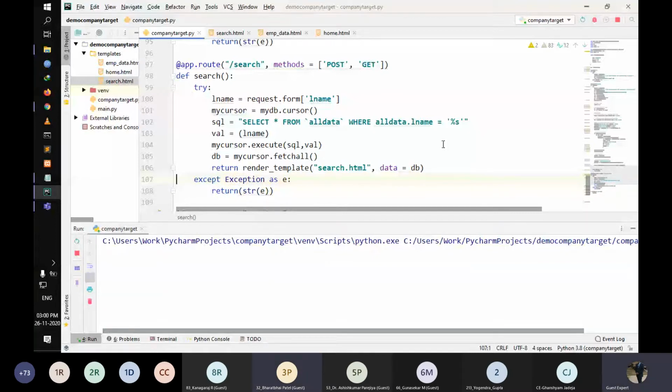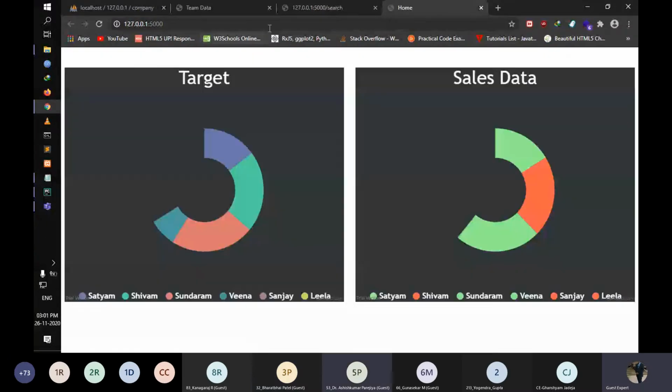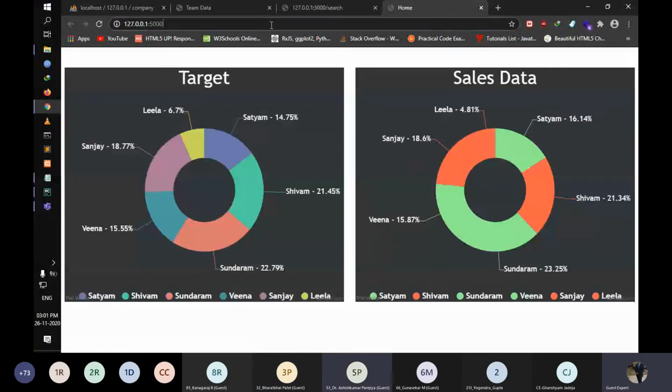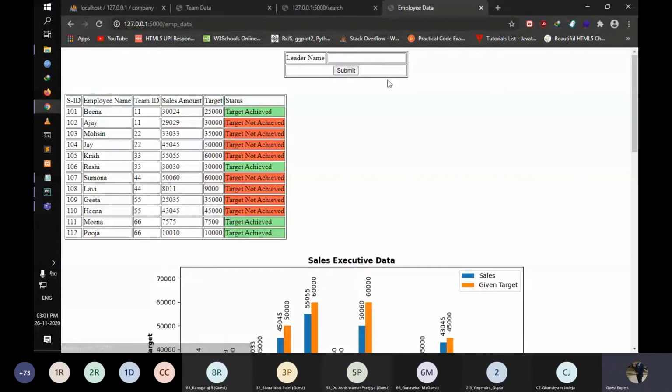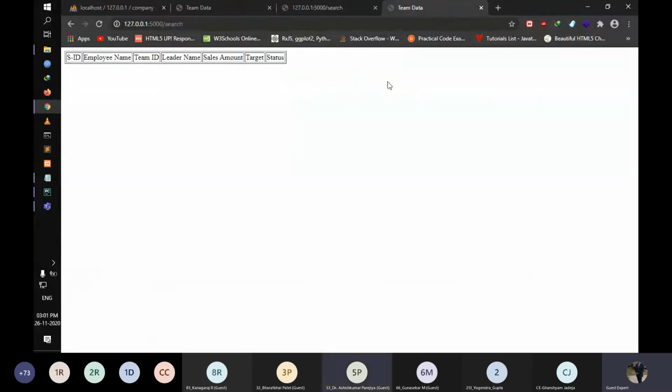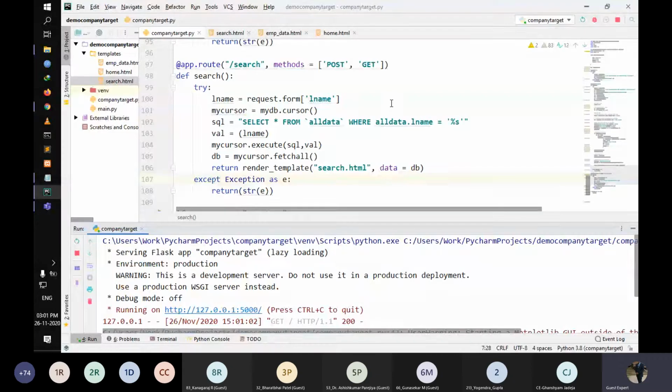It's some really minor mistake I might have made. A single quotation missing, it might be, because it's a string. We get the data, but right now it doesn't display the data.